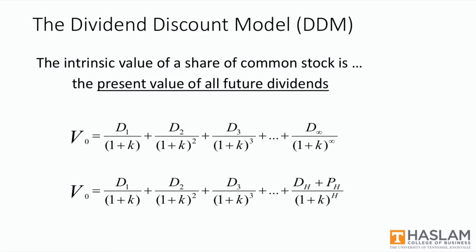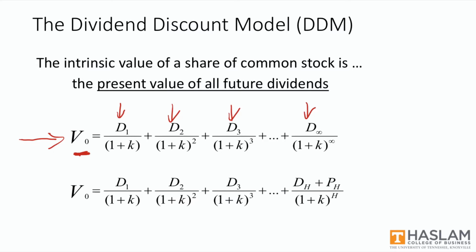The dividend discount model says that the intrinsic value of a share of stock, that is, what we think the stock should be worth, is the present value of all future dividends. In equation format, we see that here. V at time 0 is the intrinsic value today, and then these terms on the right side represent the series